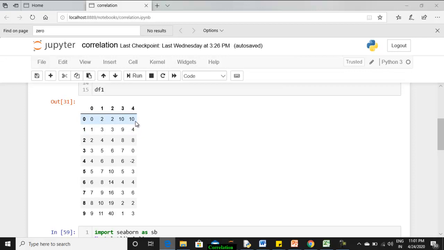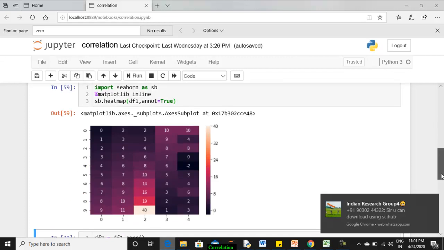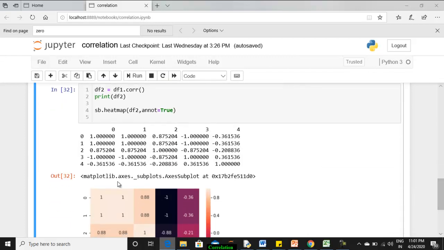So 0 to 1 decreases from 10 to 9, 1 to 2, 9 to 8. When there is an increase in one attribute, there is a corresponding decrease in the other and the intervals remain the same. That's where we end up with a perfect negative correlation, and hence the value of the correlation should be -1. We can see whether it is correct or not.